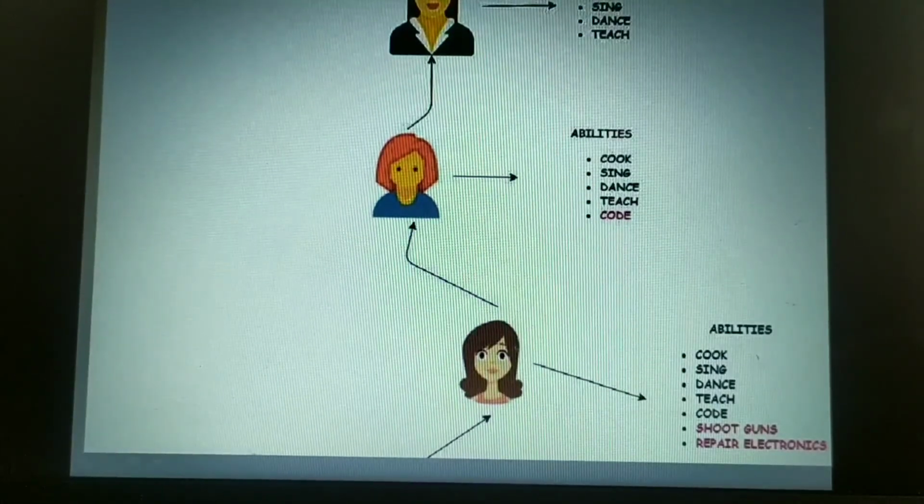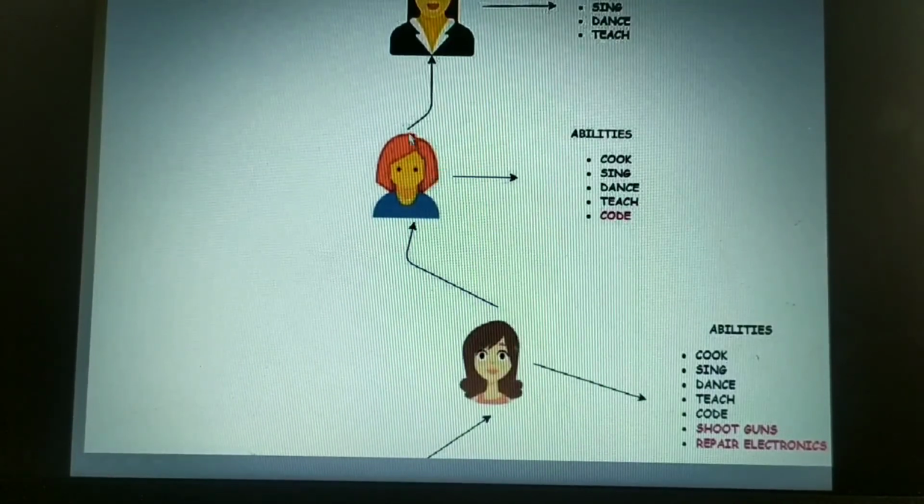Now look here. Here black colors are inherited skills, the red colors are the new skills. Think that this is a person who has the ability to perform cooking, singing, dancing and teaching. So this is a child class which is inheriting the properties from the base class.